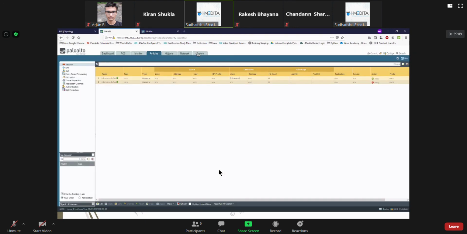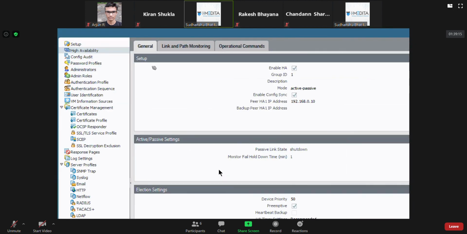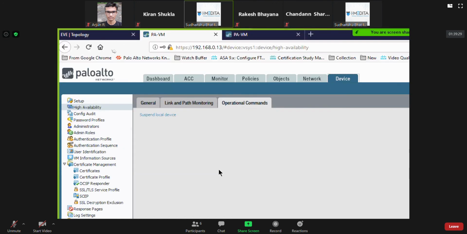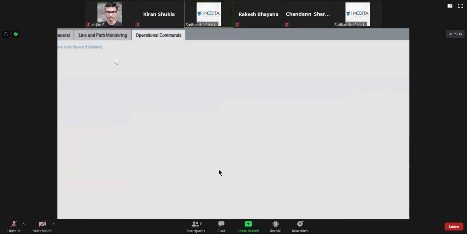And like I was telling you, if you go to device HA again, now you see there is this third tab here. And this is where you can select suspend local device, like 0.13 is currently active. I'll go here and say suspend local device to check HA if you want.